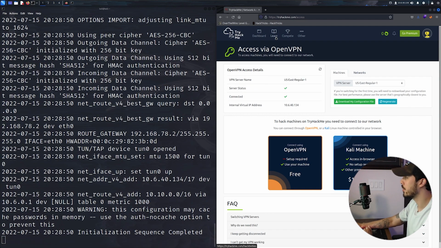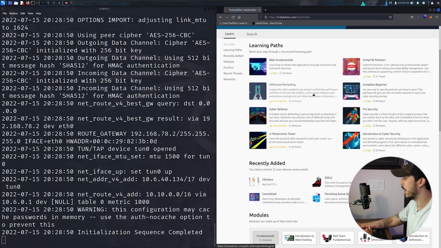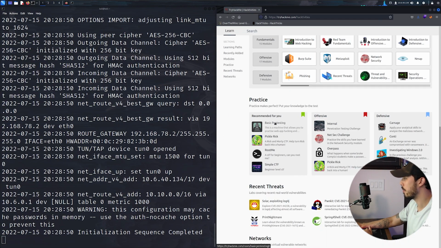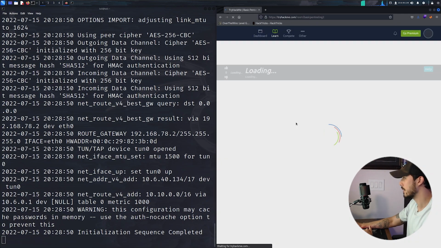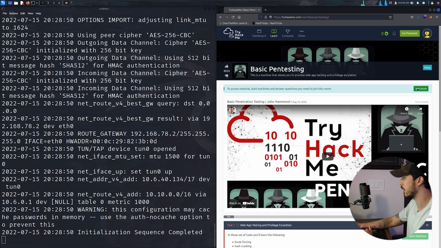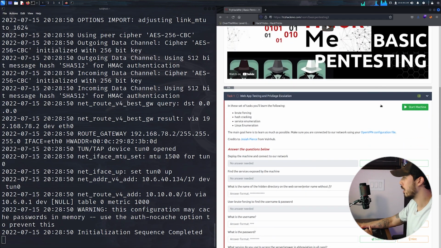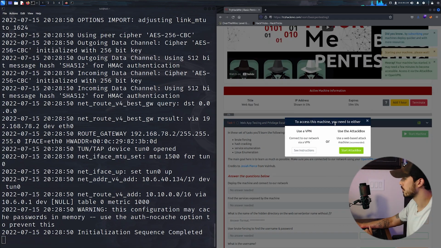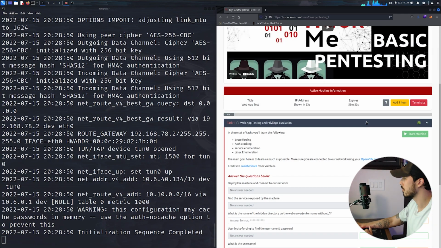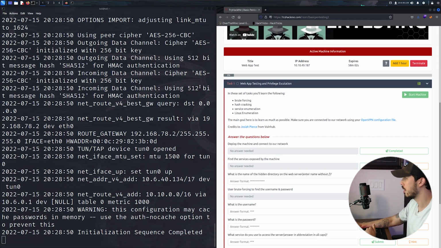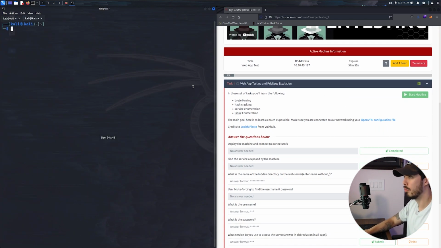And then we're going to want to head to learn and start this first basic pen testing practice. And you're going to want to click join room. And then once you're here, click start machine. And we'll wait for that IP address to pop up. Okay, so now that we have our IP, let's open another terminal screen, pull this up,